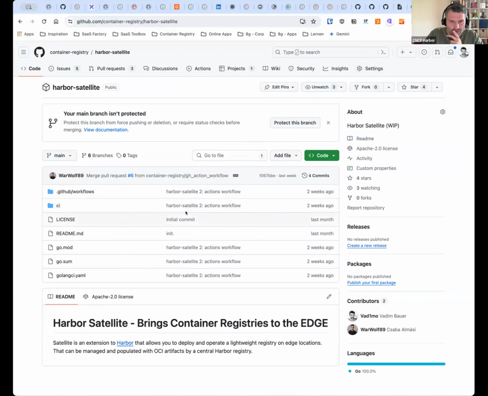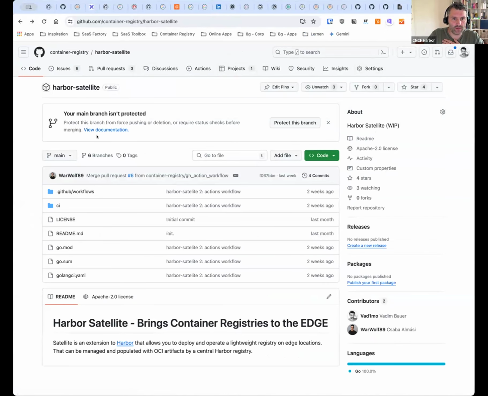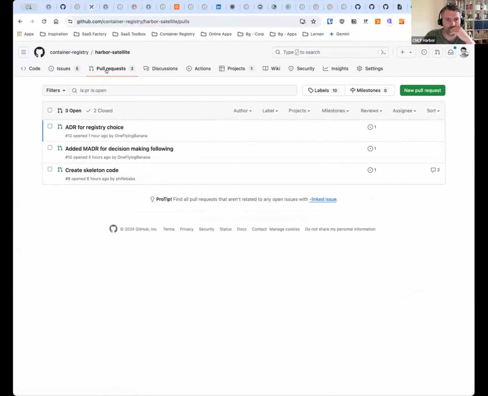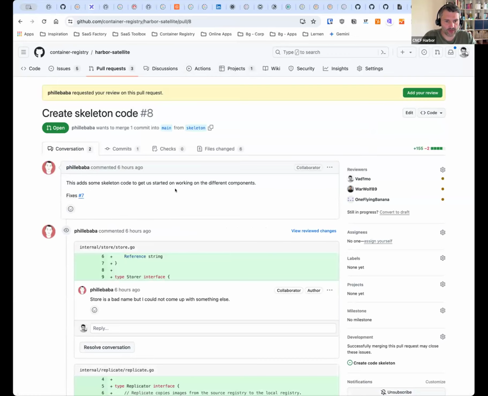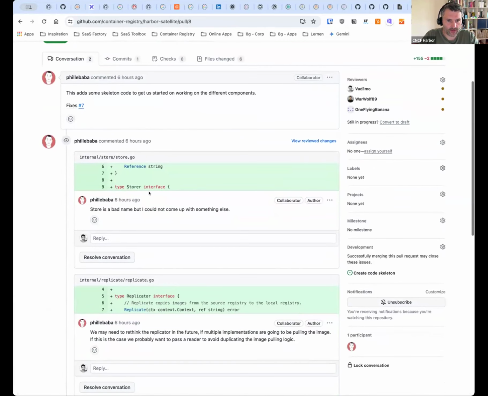Okay, good. Let's take a look at the current projects that we have. Yeah, there are actually 3 pull requests. I did miss that somehow. Oh yeah, because they're mostly from today and this morning, right? So let's go over the pull requests and then we can discuss the open issues. Okay, the skeleton code is from Philip. Yeah, from Philip, and then